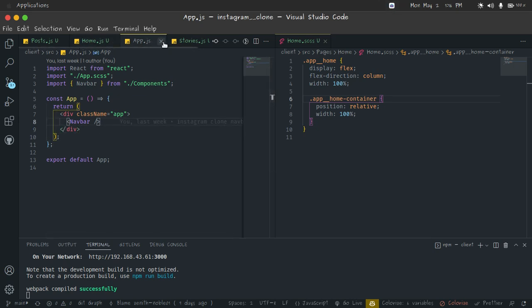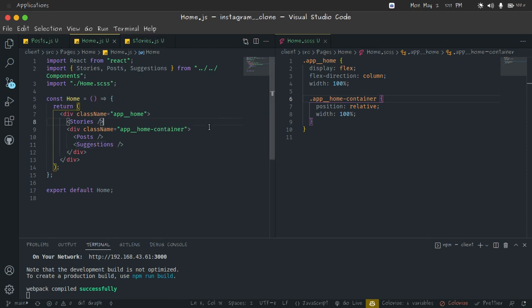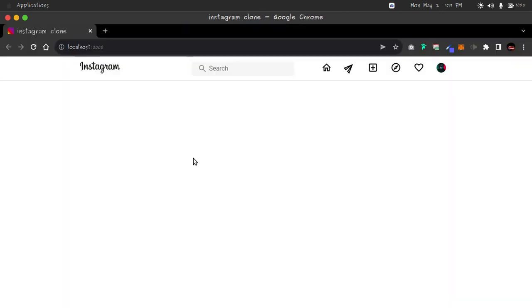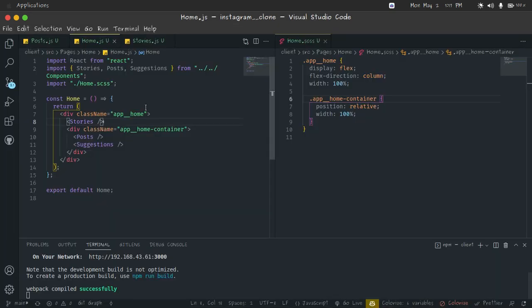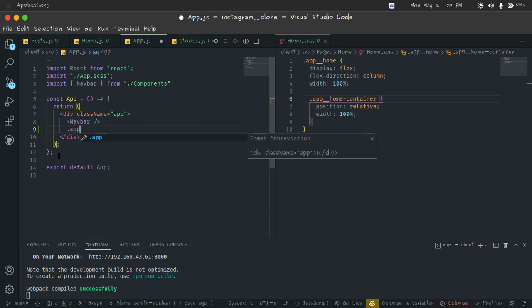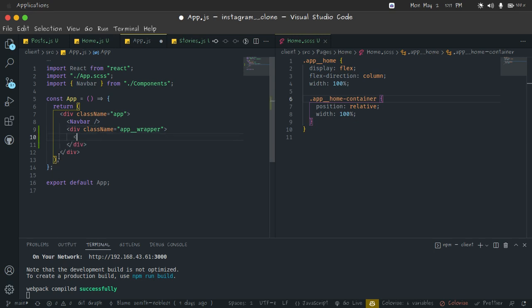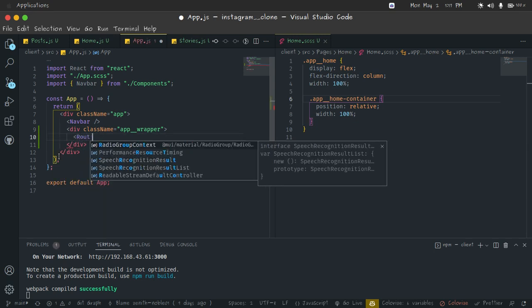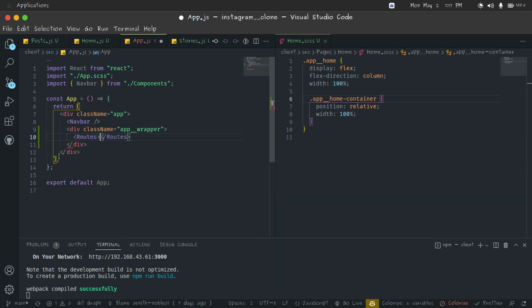So now let's continue with our stories. Let's see if we made any changes. You can see no changes have been implemented yet. In the app.js, we are going to be using React Router DOM. Inside of here we're going to create a new div as app_wrapper, and here we're going to have Routes from React Router DOM, and